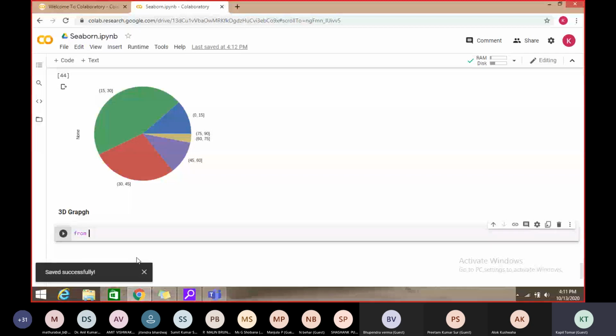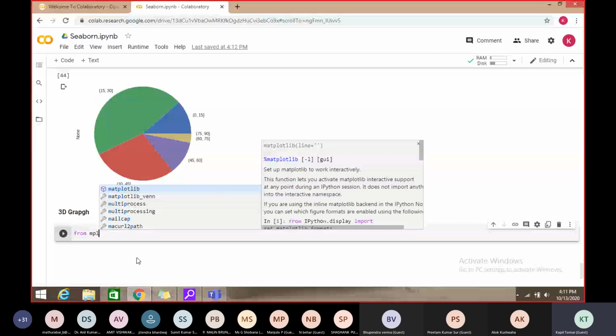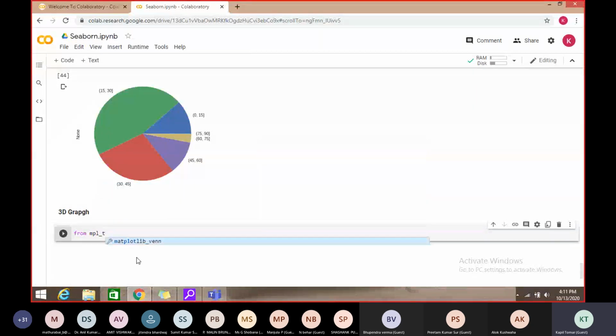So from mpl underscore toolkits, what I want to import is mplot3d. Just showing the name.